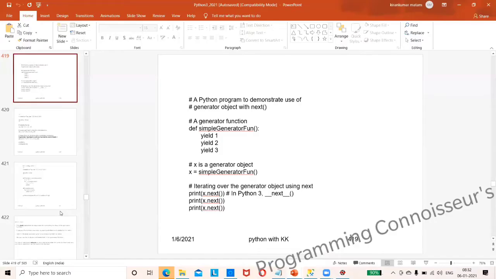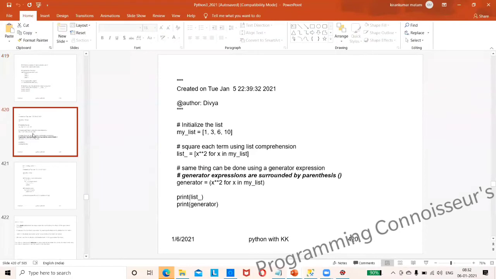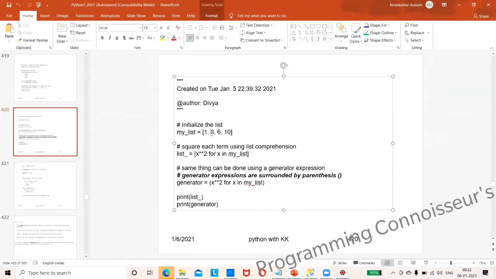Now we'll see one more example before we move on to another. We have generator expressions and list comprehensions, right? We'll see the difference between list comprehension and generator expression. This will be my list, normally. You want to find the square of each number in my list.